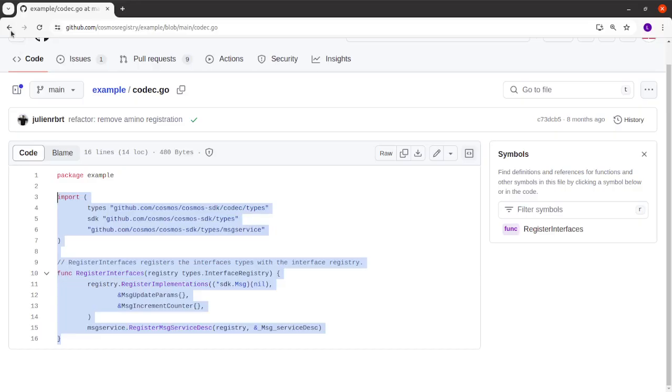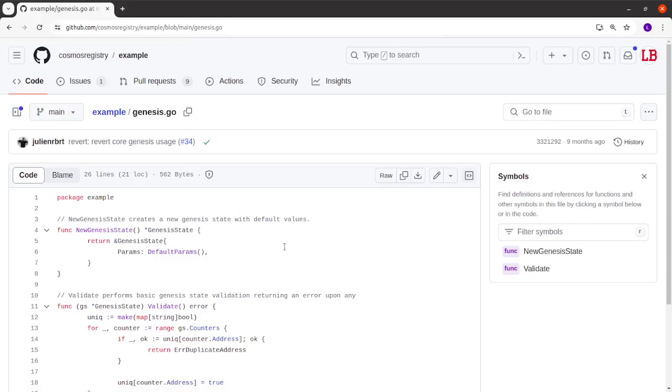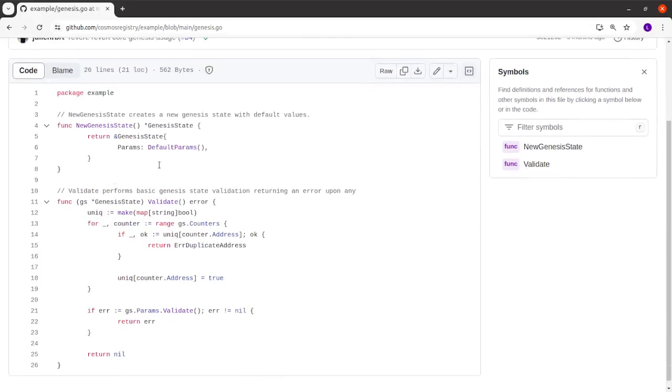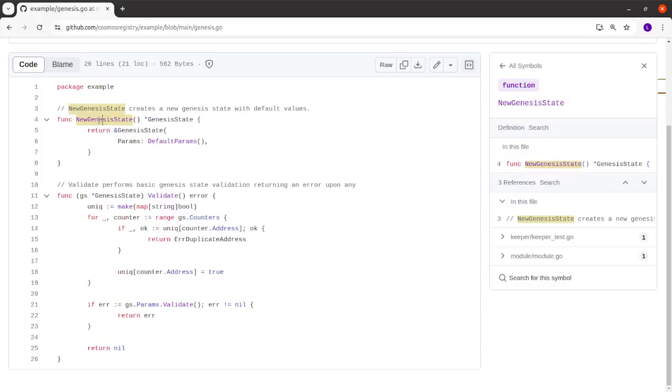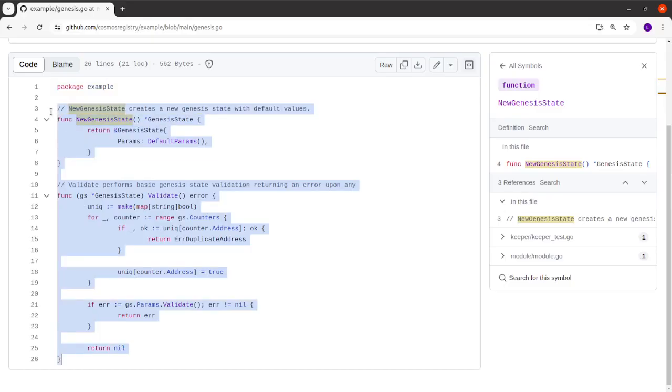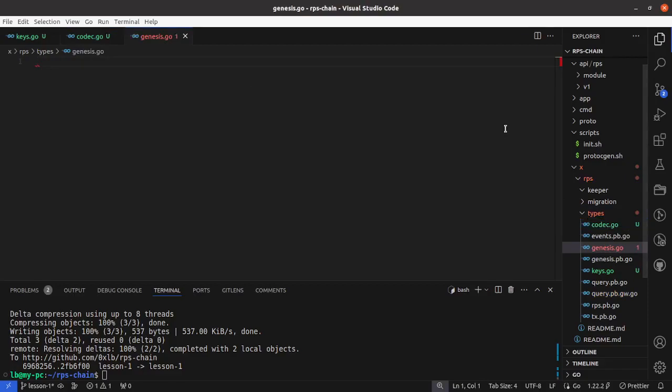The next file that we should get is the genesis.go. This is going to create a new Genesis state. Mostly this is used when you're starting a chain. You set a default Genesis, and the application will call this function to get what's the default Genesis state for that module. So let's get all this code and create our genesis.go in our package types,